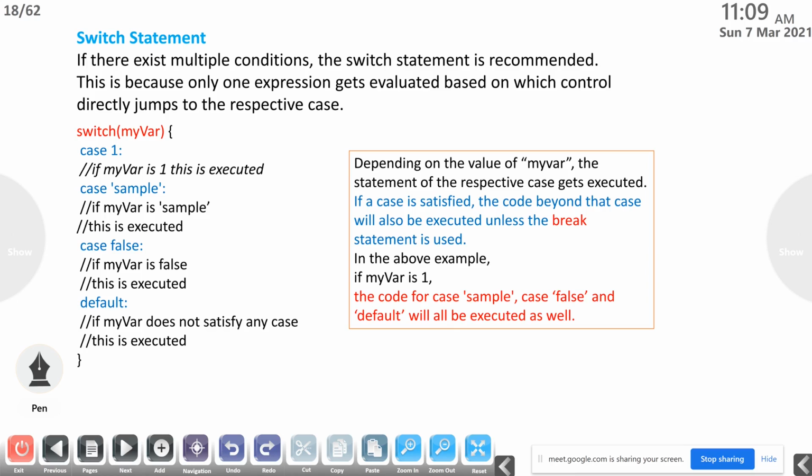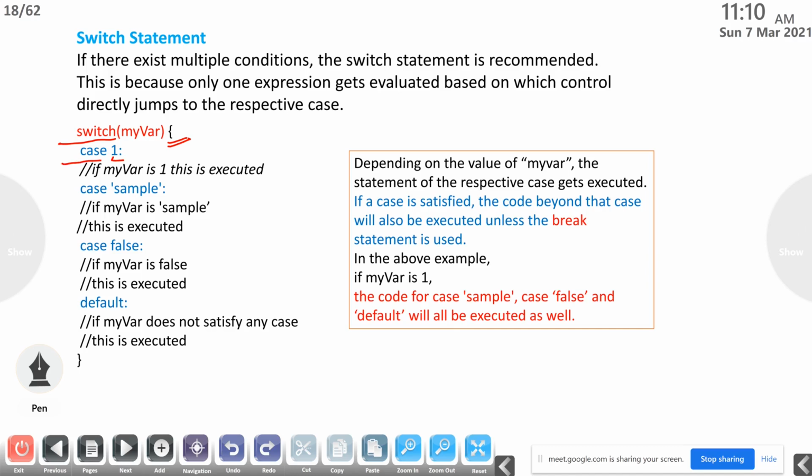So here the syntax is: first we give the keyword switch, and within the brackets of switch we give the variable name. Here we are using myvar, that is a variable name. Then after that we open the brace of switch. Then inside this opening brace we can use case 1 colon.